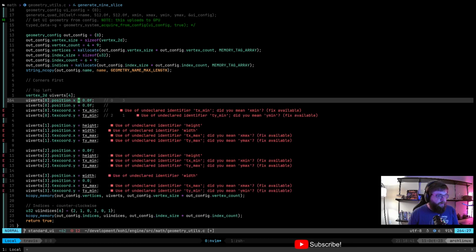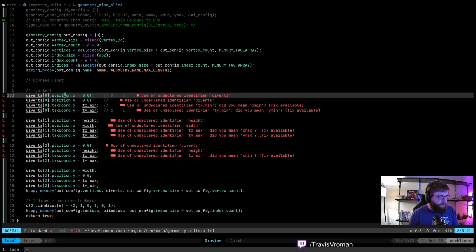So position, we're going to position this thing with a matrix. So technically we want to go 0 based on geometry positioning. So for this first one, 0.0 is fine. I am going to get rid of this though. And instead we're going to go